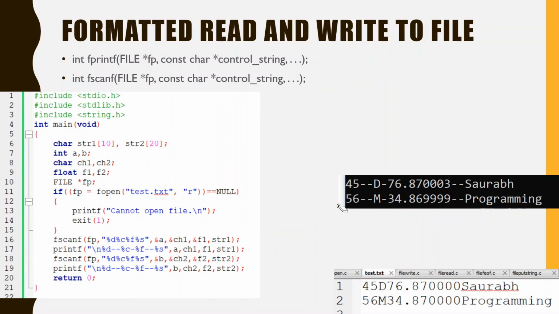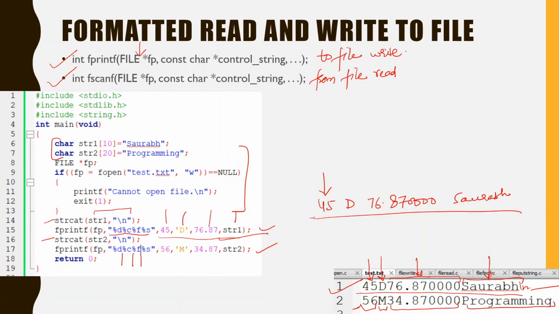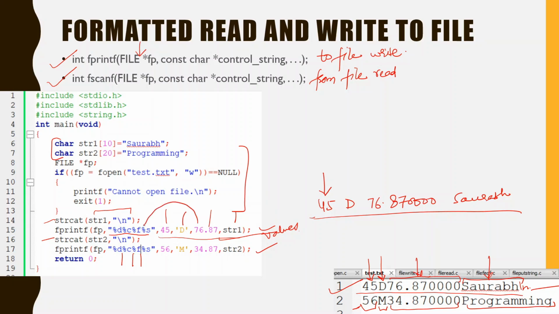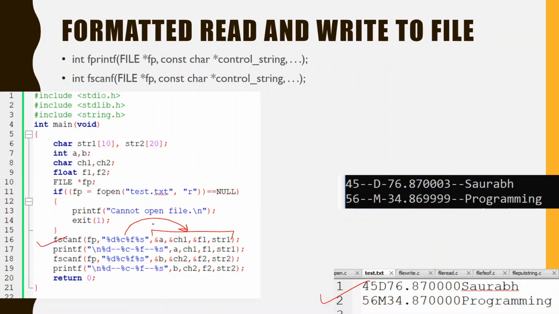In the same file which we wrote earlier, we are now trying to read that file and print it with the help of printf. So we have used fscanf. Here you have to observe the difference between fscanf and fprintf: in fprintf, direct values are given for the various variables or formats. Here, since you want to store the value into the variables, the direction is from the file.